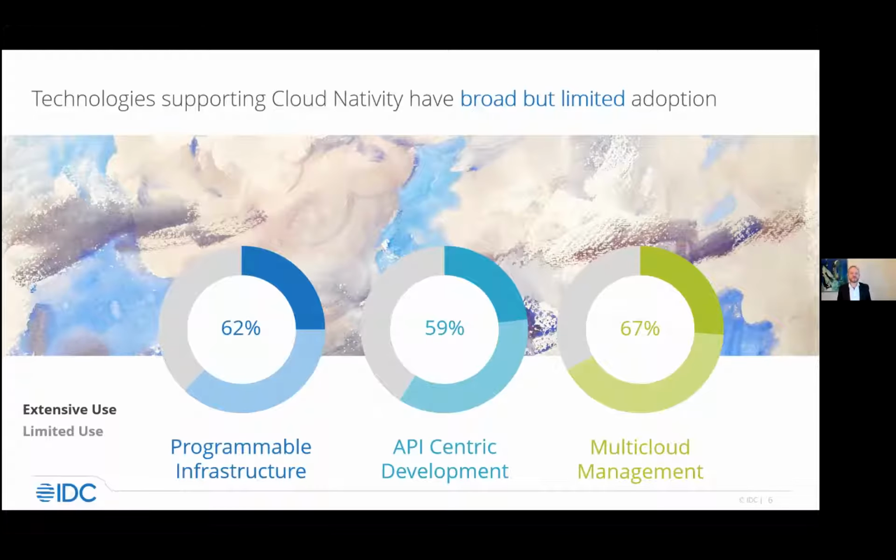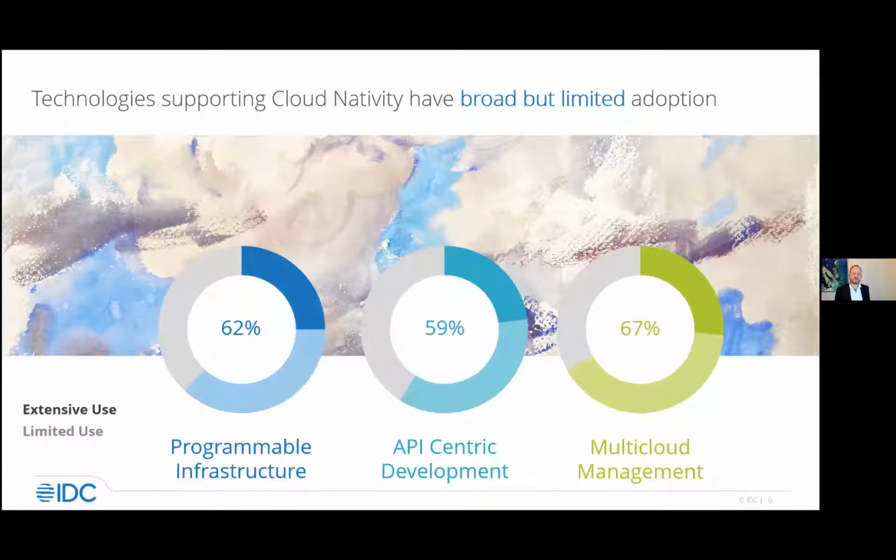And what we see here is about 65% have used these different elements to some degree. But we also see that the dark shades of these charts are those that use it extensively, and those that are a lighter shade are those that only use it limited. So we actually see that for most organizations, they use these different ones, but only in a section of their IT environments. They're not fully in on it. They're not using it that extensively. They use it in different places and for different purposes only.